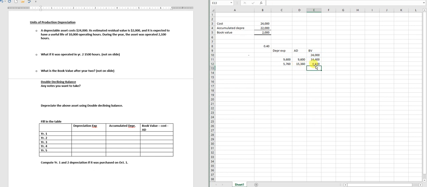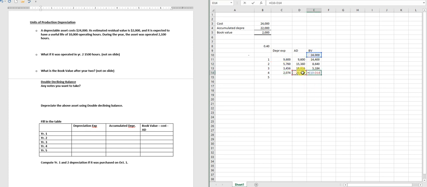24,000 minus my accumulated. So this is year 1, 2, 3, 4, and 5. So in year 3, it's my book value times 40%, so 3,456. So my accumulated is adding up all of those, and my book value is again reduced. So in year 4, book value times 40%, and my accumulated, all the prior years, and my book value